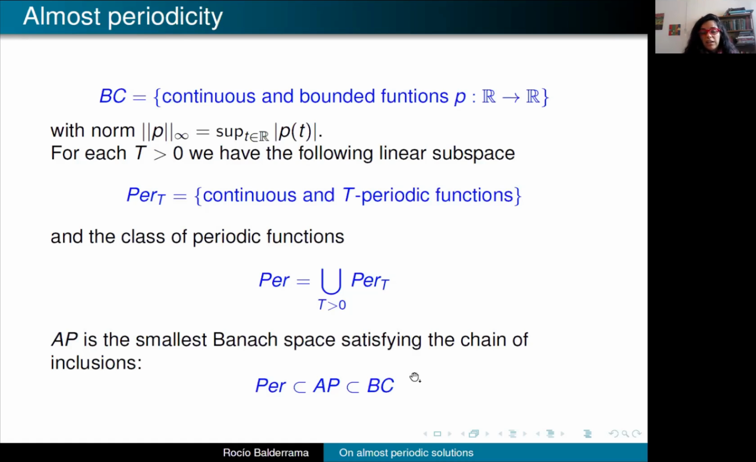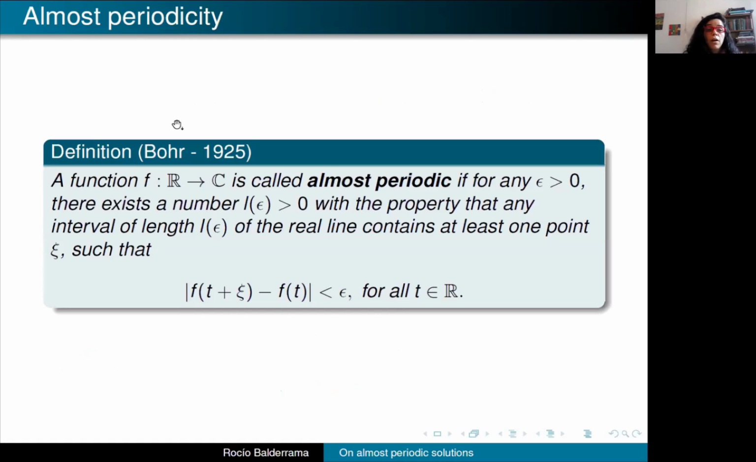But an easier definition of almost periodic function was given, for example, by Bohr in 1925. And he said that a function f is called almost periodic if for any positive epsilon, there exists a number L, with the property that any interval of length L of the real line, where L depends on epsilon, contains at least one point such that satisfies this inequation. So with this definition,